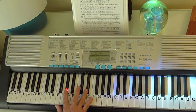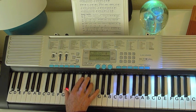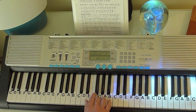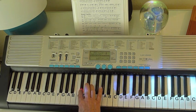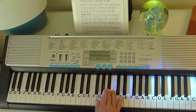So now these notes are A flat, E flat, F, G, A flat, G, F, E flat, C, A flat, E, F, G, A flat, G, F, E, A flat, E flat, A flat, E flat, F, G, A flat, G, F, E flat. Then this is where it goes to D flat, E flat, F, A flat, D flat, C, A flat, F, B flat. So